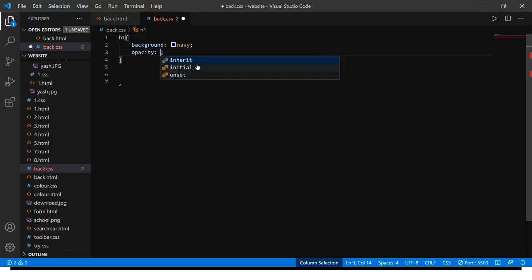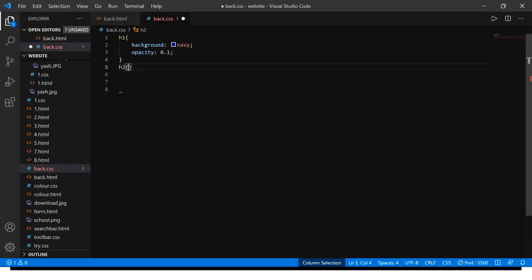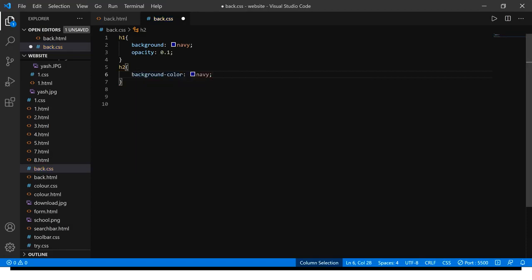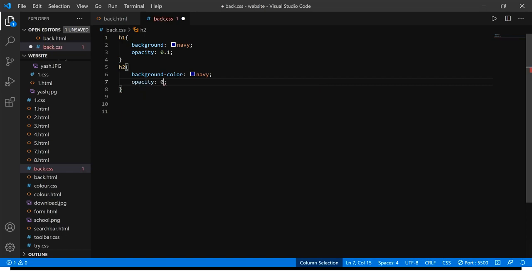I'm going to take opacity 0.1. Then I am going to target h2, again take background color as navy and opacity as 0.3.